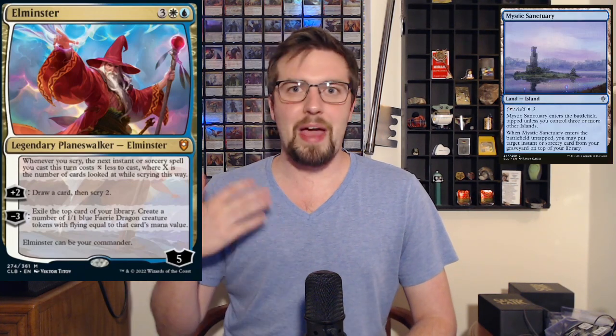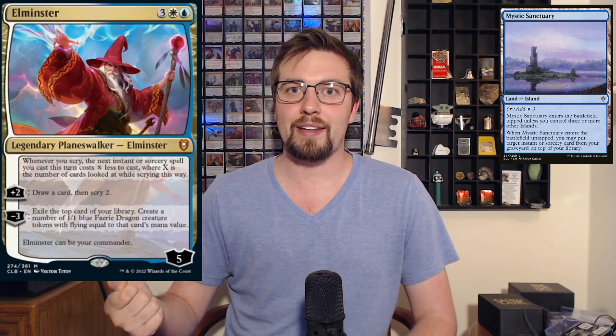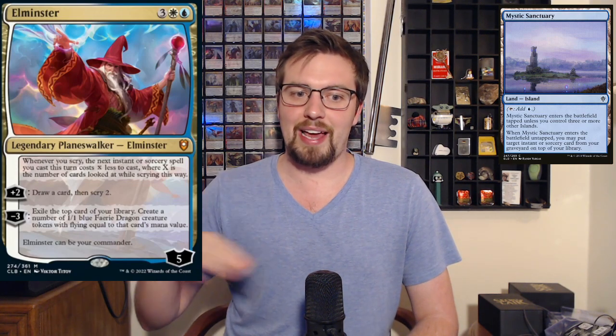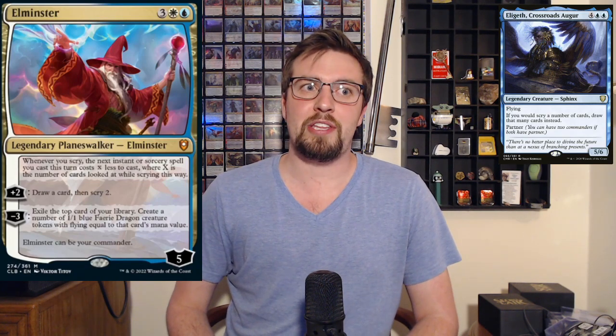Lets you bring back an instant sorcery from your graveyard and put it on top of your library exactly where you want it. So you can pick something big to either draw and cast, or something big to -3 and exile it and make a bunch of tokens. Elegith is really cool in this deck. He's kind of a non-bow with a lot of the deck though,